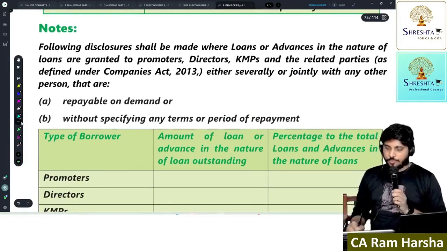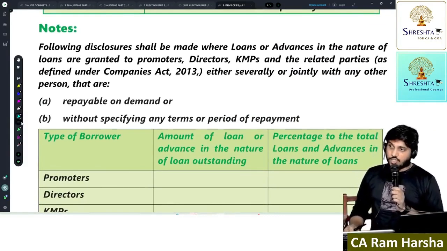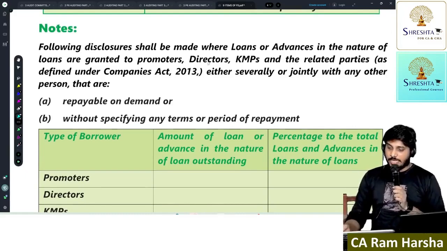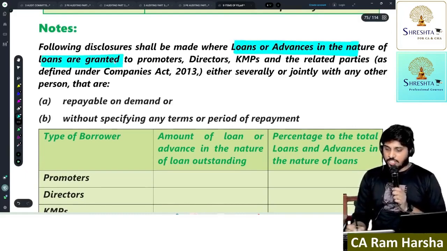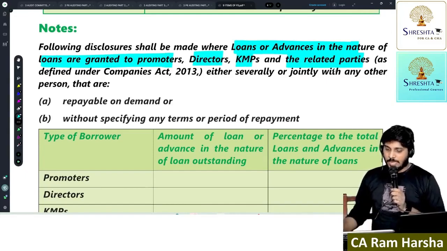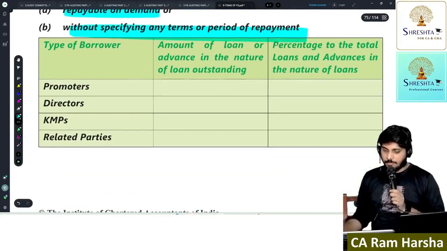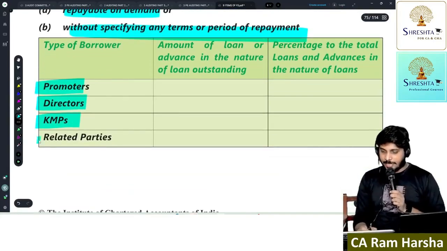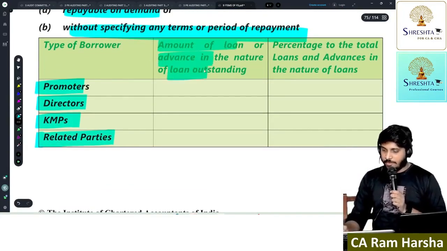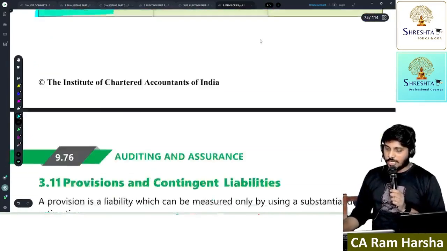Now they will ask you, what are the disclosures that shall be made in Schedule 3 if any loans are granted to promoters, directors, KMP, related parties? How much of the loan is given repayable on demand or without specifying terms? How much is given to promoter, director, KMP and related party? Amount given, percentage to the total loans.